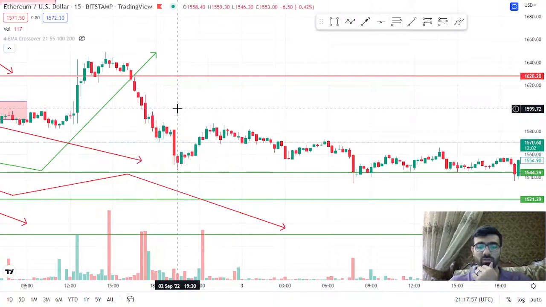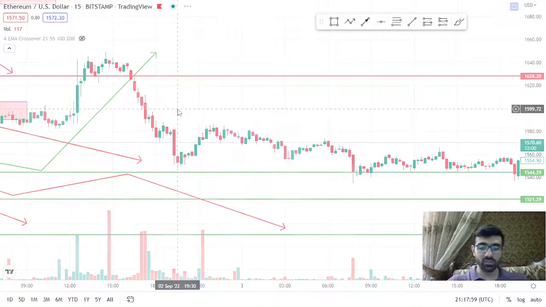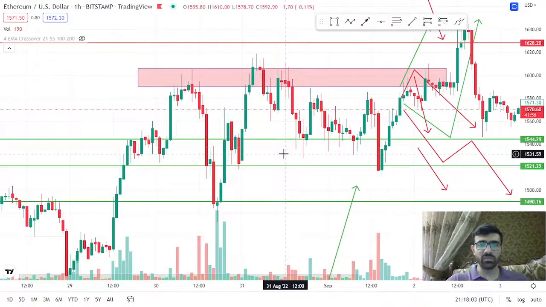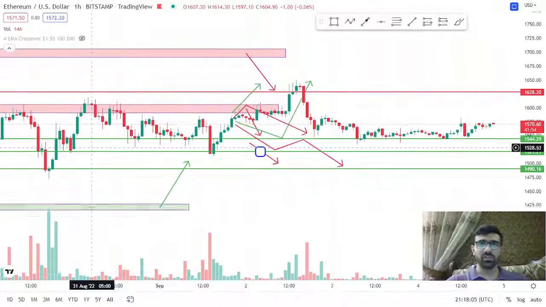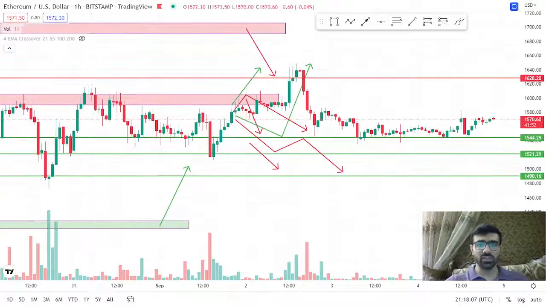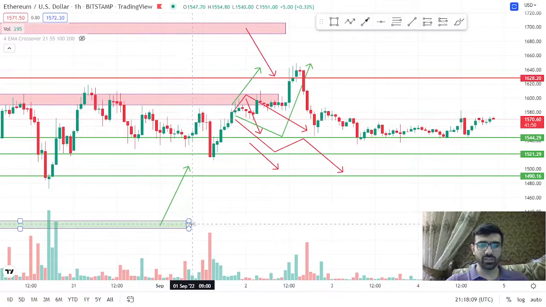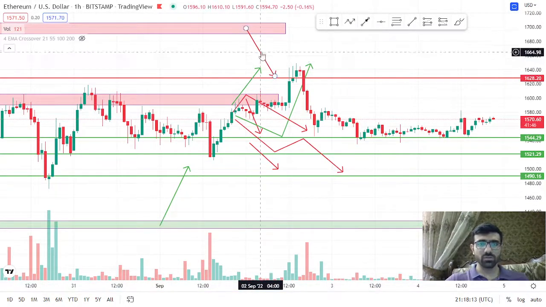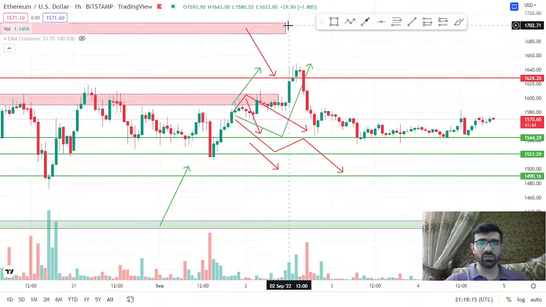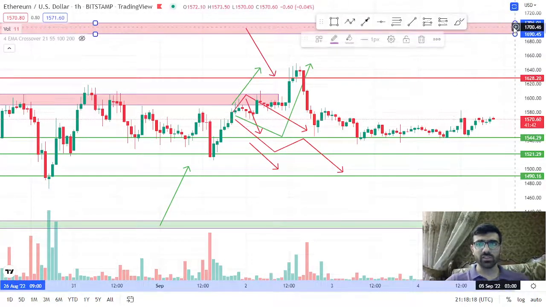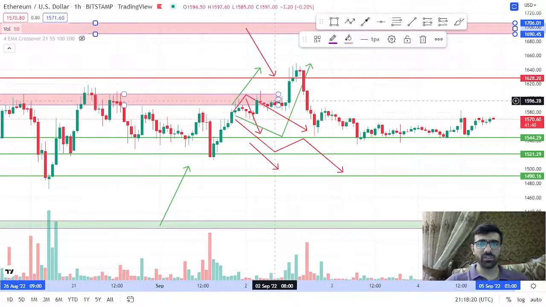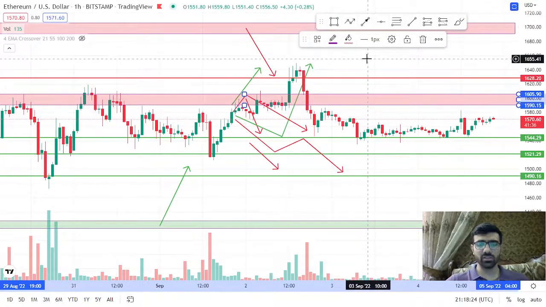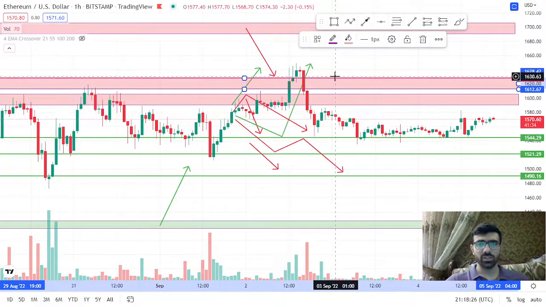Okay, now let me just go to the 1 hour chart, and let me identify some fresh scenarios for you guys, and let's continue with the trading. Okay, so this scenario is still valid, so let me just stretch it a bit. And this scenario, I don't think so it is still valid, but still we are going to keep it